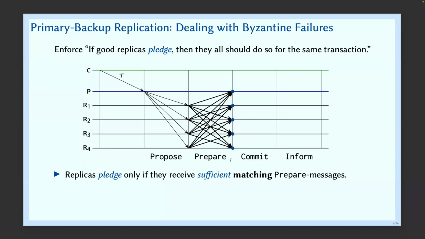How do you raise not the one people that got it? Only one. Because at most we keep F in the dark, and at most F can change their vote. That gives us 2F. So F people were in the dark, F people changed their vote, but we're missing one from forming a quorum. And that one who's going to join in order to help us form a quorum is one of the good guys. And the good guy, we say 0, was prepared.